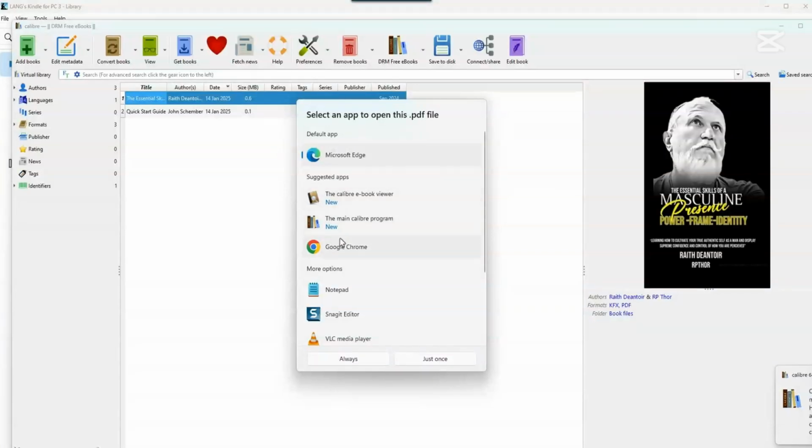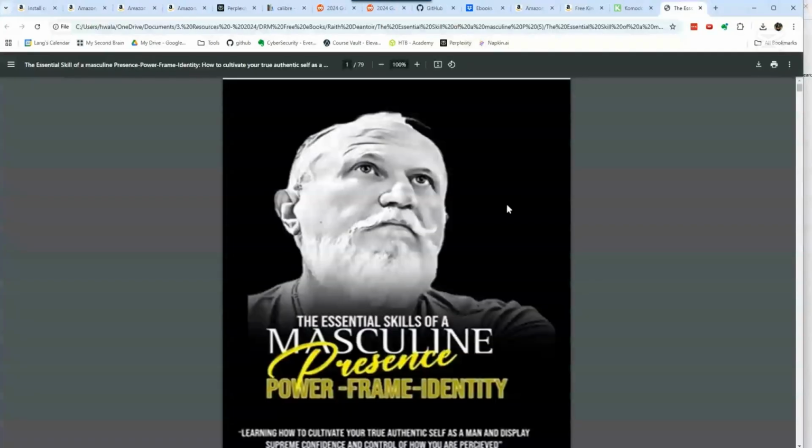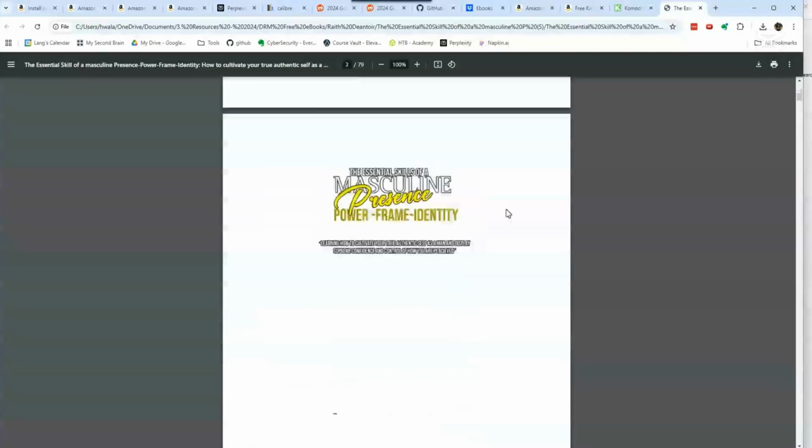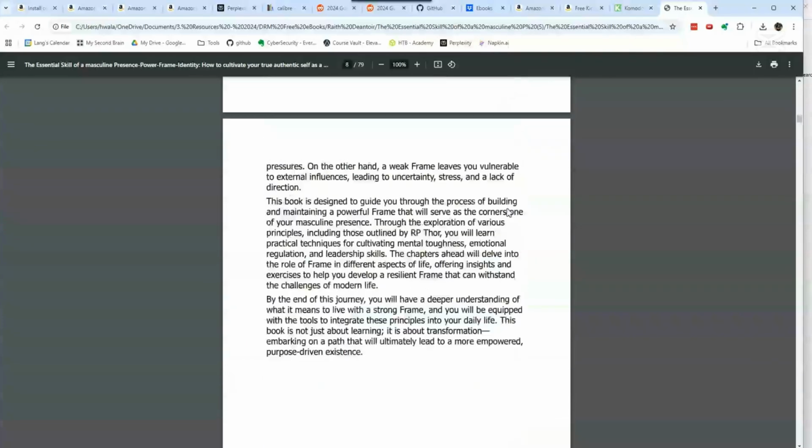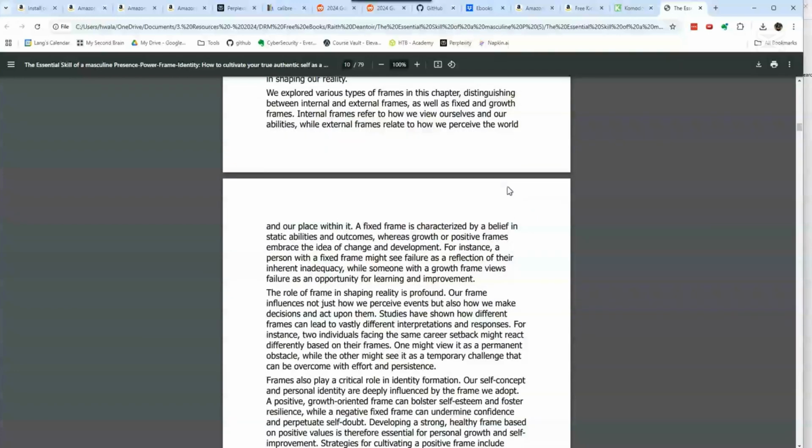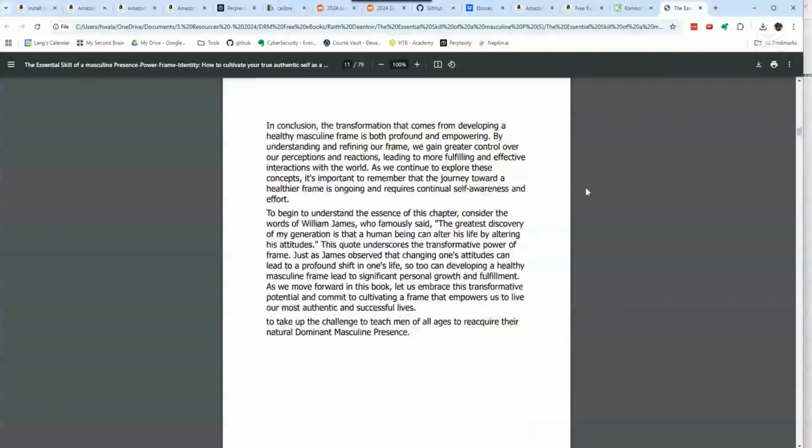Okay, so once the conversion is done, you'll see it here. Let me just open it in Chrome. And there you go, there's the book. Okay, and now that we have a PDF version, we can use a program called 11 Reader, which has